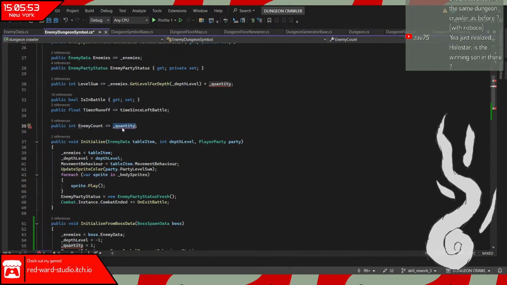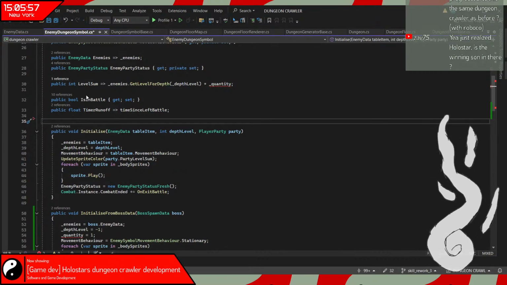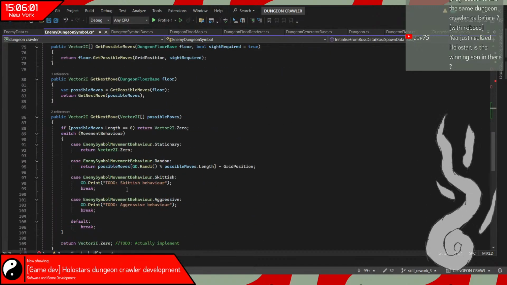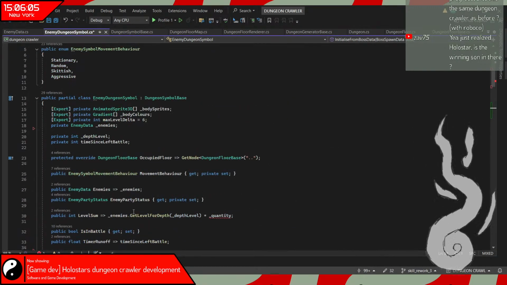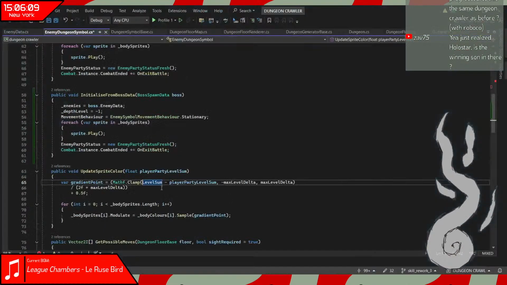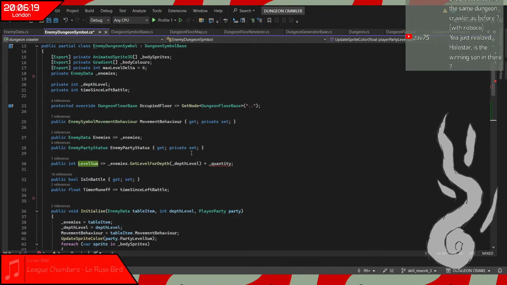Enemy count doesn't have any references. Oh, it does level some. Wait, yes it does. Level some minus. Oh, so that's actually why all the sprites were blue. Right, we need to